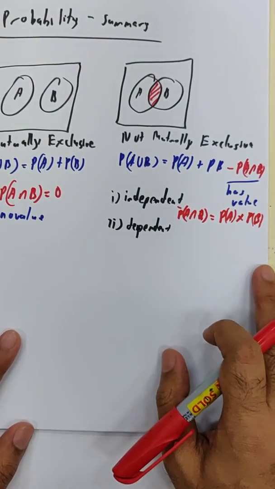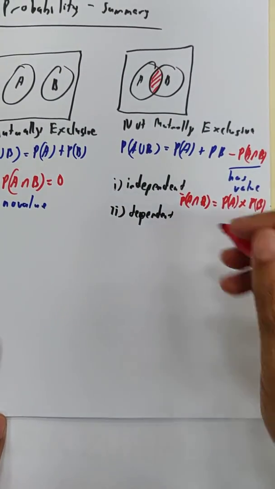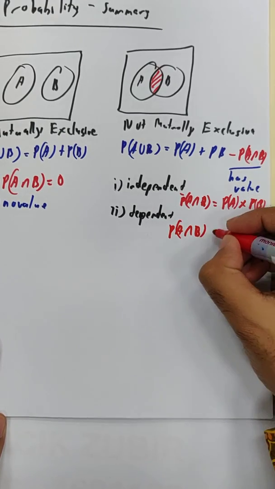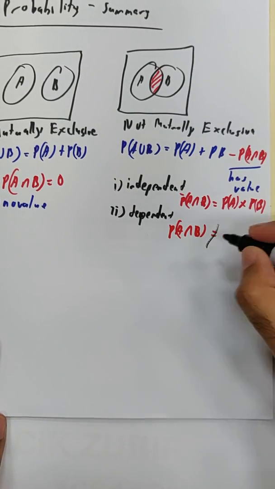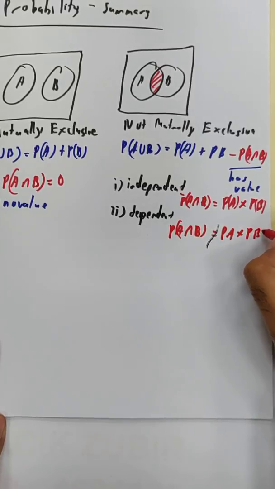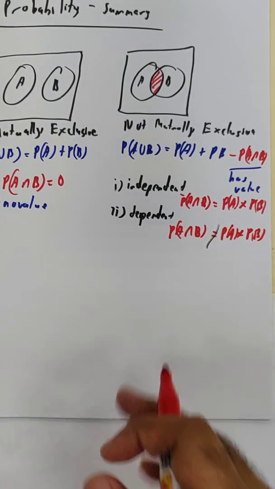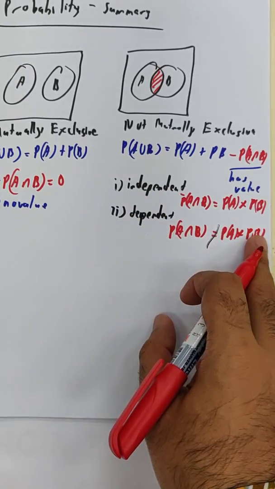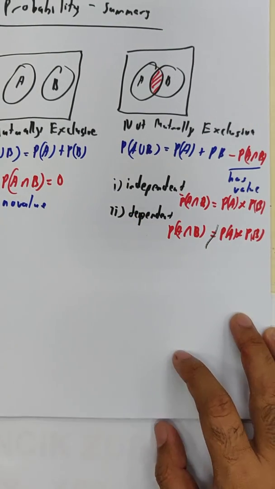Okay, this P stands for probability. I might need to zoom out a bit. This one here simply means P(A intersect B) is not equal to P(A) times P(B). So technically what we are saying is that it's just a characteristic, we are naming them. When I times this, I get this, we call it independent. When I times this, it's not equal to this, then we call it dependent. It's just a matter of characteristics.